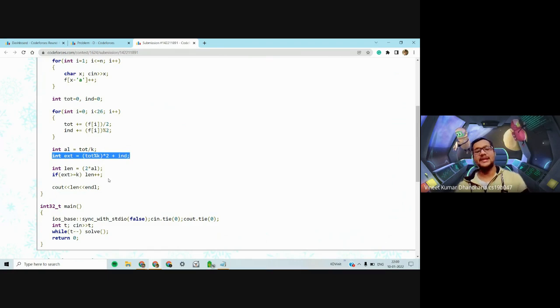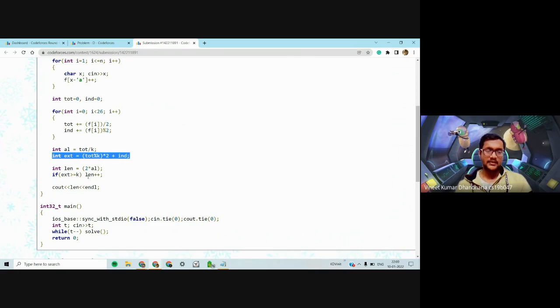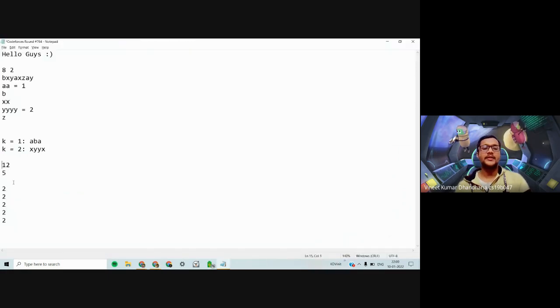Now we can give exactly one of these extra characters to each of the colors. These were 12 pairs and k was 5, so each of the 5 colors gets one.